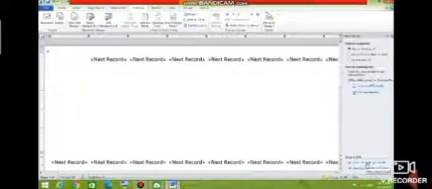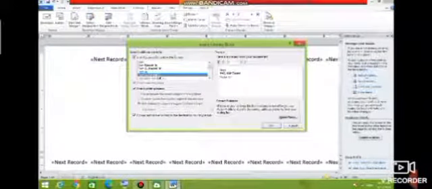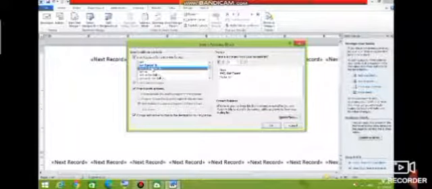Arrange your labels. Address block. We can select any format from here.